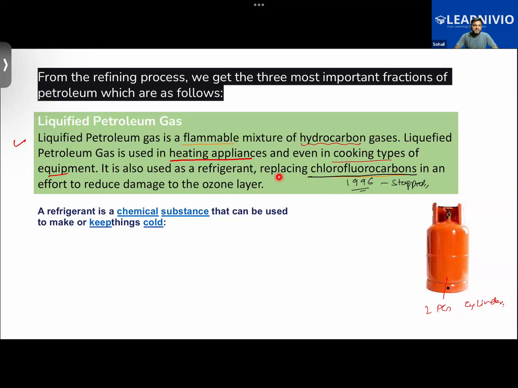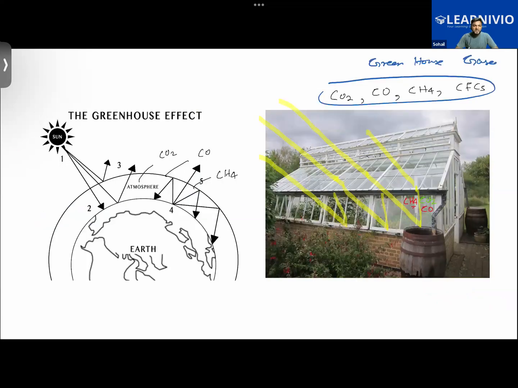So this liquefied petroleum gas is used as a refrigerant also. It has replaced chlorofluorocarbon and nowadays it is being used as a refrigerant. Got this now? So you have two main uses of LPG. One is for cooking purposes, another is that it is used as a refrigerant. Then we also know that chlorofluorocarbon gas leads to depletion of the ozone layer and it is also responsible